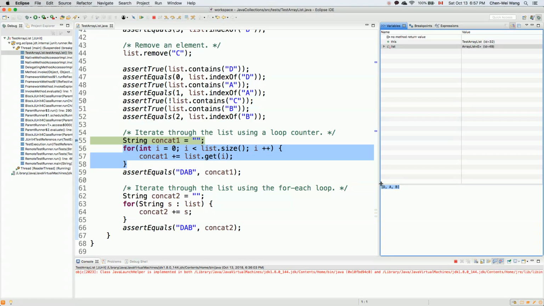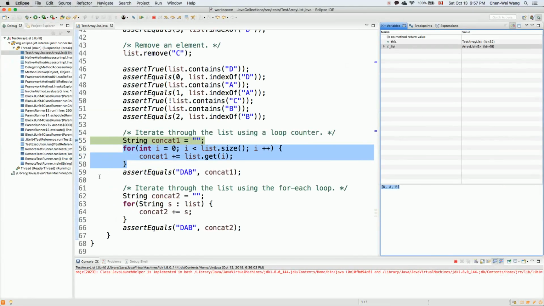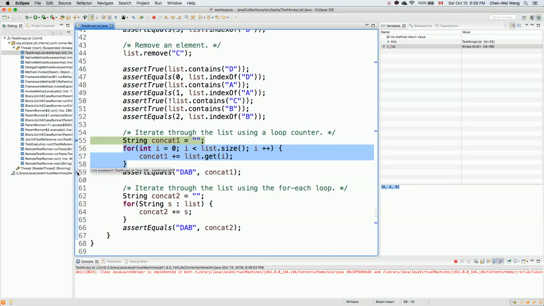because now we do have only DAB in the array list. Okay, let me bypass the loop. Actually, we can just look at one particular iteration, just to show you how you can use the debugger for the loop. What I would do is I would say step over,